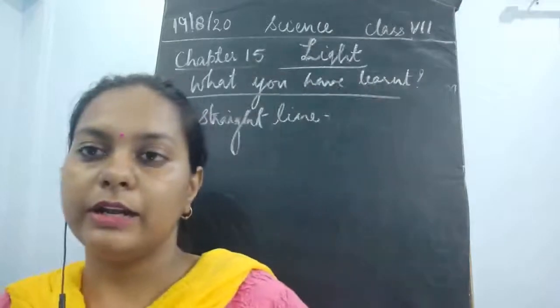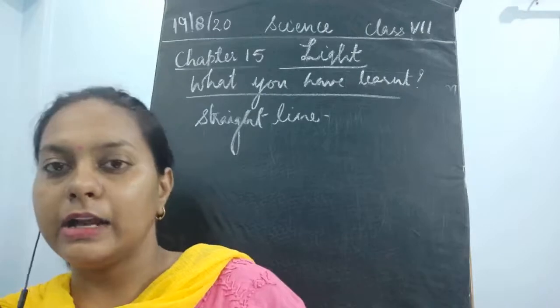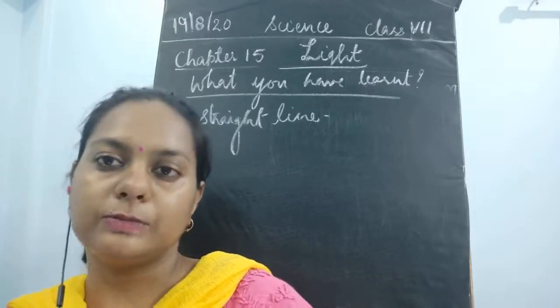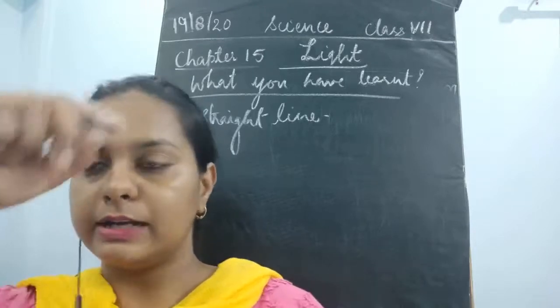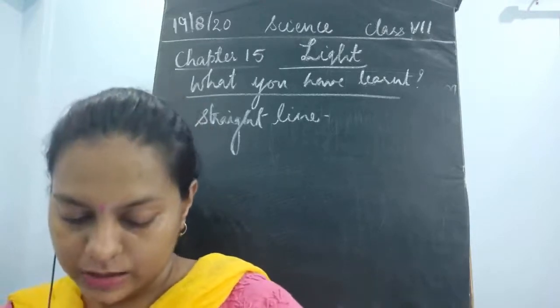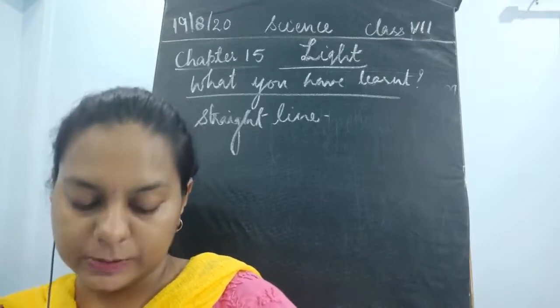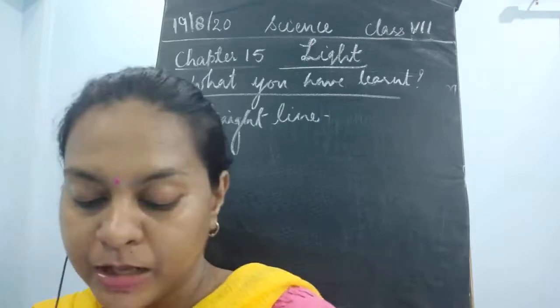This we have already understood by using the experiment. Also we have seen this. If you look into a closed room where one tiny hole is present, and the sunlight is entering inside that room through it, you will always see that it is traveling in a straight line. So we have also proved by doing the experiment that light travels in a straight line, and this is the feature of light.